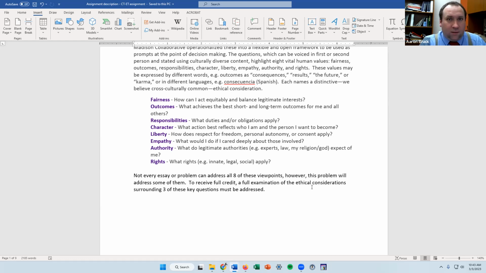Do we need all the mining companies here? What happens to those people if the mining gets shut down in this area? What do they do with their lives? So those are all outcomes-based kinds of ideas. And on the flip side, if we don't build the nuclear power plant, what are some of the outcomes associated